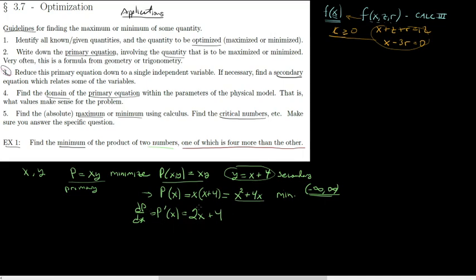Well, you find where the derivative fails to exist. I think it's pretty clear it exists everywhere, right? All real numbers. So the only critical numbers here come from where this equals 0. And where does this equal 0? Well,